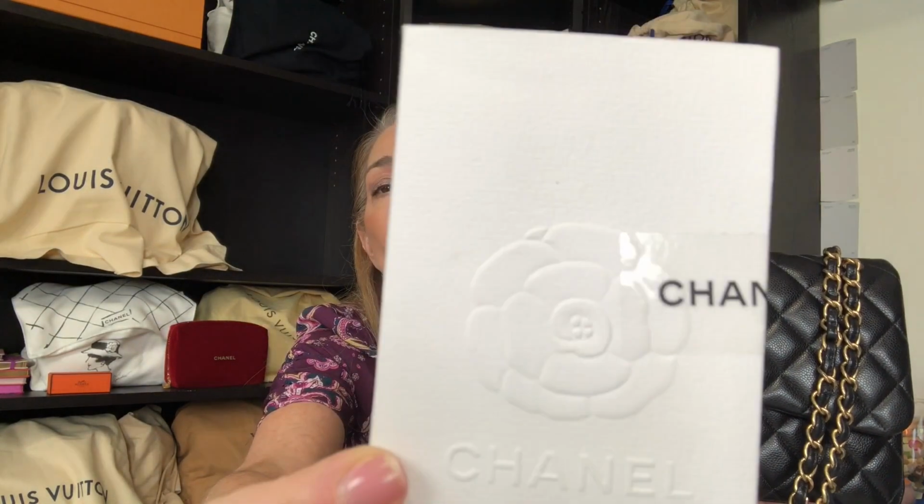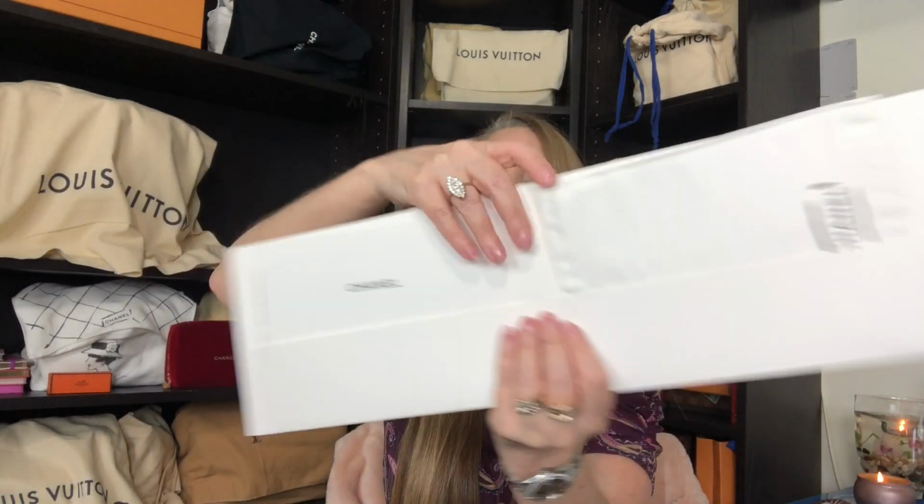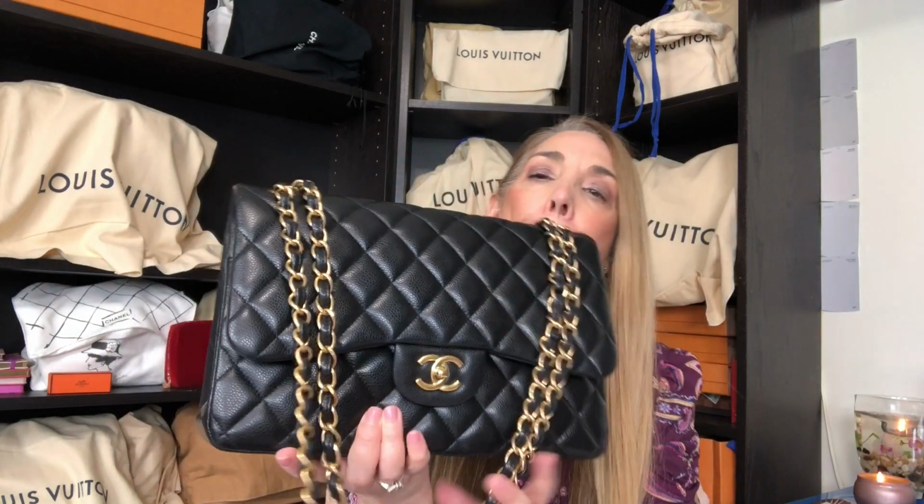The tissue paper, her card was in this Chanel little pouch here. Again, the booklet. Let's go ahead and open the booklet. So here's the Chanel booklet. And it's got the cleaning cloth right there, and the care. So there's the booklet, and it did also come with the dust bag, which I think you would have seen in the video, but here it is. But more importantly than all of that, and although that is just wonderful, the most important part